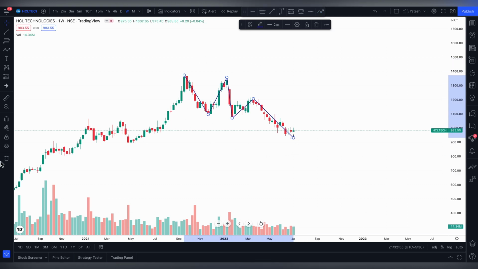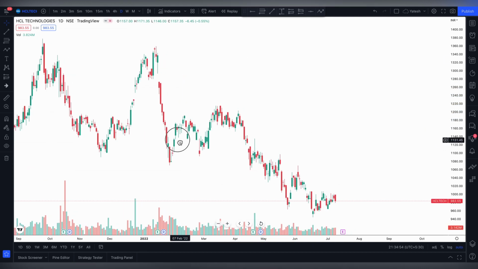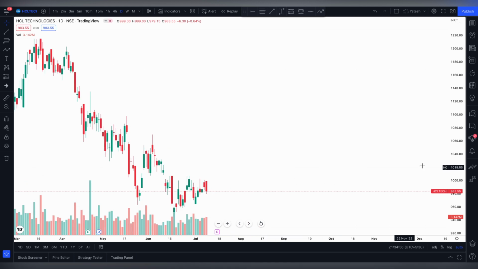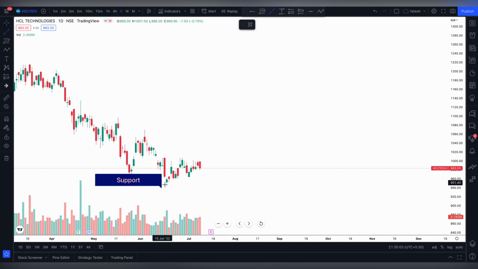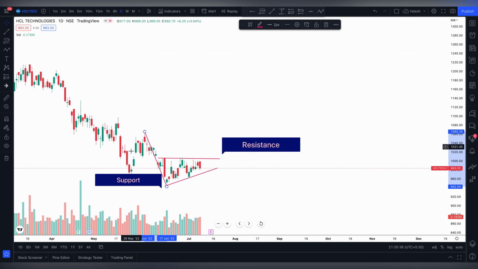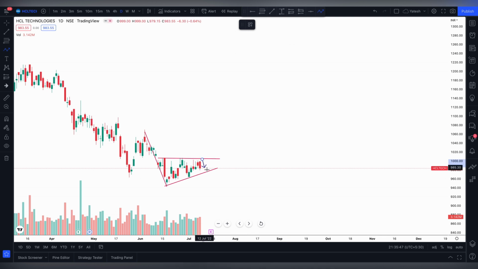Next, what we will do is change the time frame to the daily time frame. Now on the daily time frame, what I can observe here is there is a trend line here. The market is respecting this level. And if I draw a line like this, now what kind of pattern is this? This is a bearish flag pattern. So what happens in a bearish flag pattern? The market will trade within a range and then it will give a breakdown. When we get the breakdown, we can plan our entry.